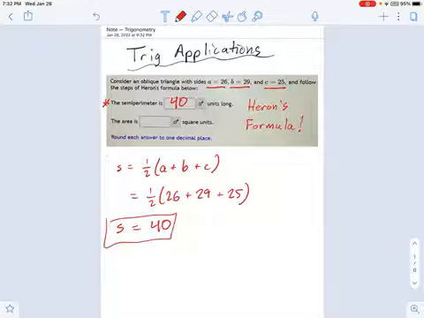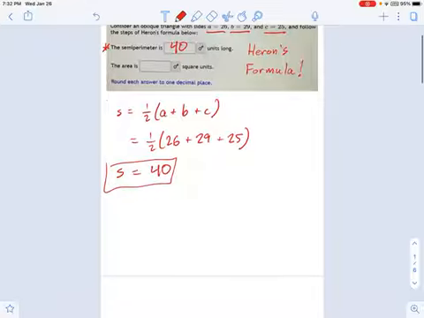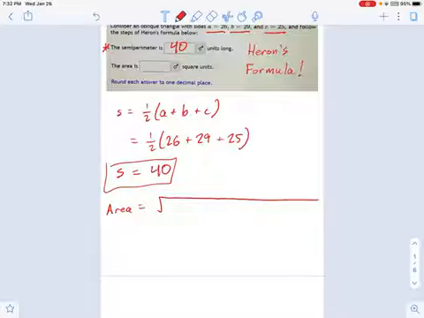Now we calculate the area. That's the next part of Heron's formula. The area, this is where you have to kind of hold on to your butts here. It's gonna be a long one. Square root of a lot. It's the semi-perimeter times the semi-perimeter minus a times the semi-perimeter minus b times the semi-perimeter minus c. Okay, all of that under the square root.